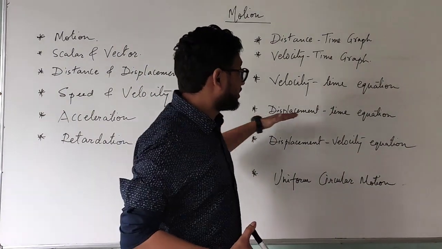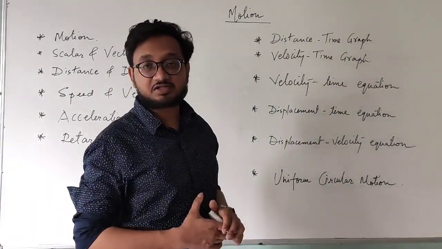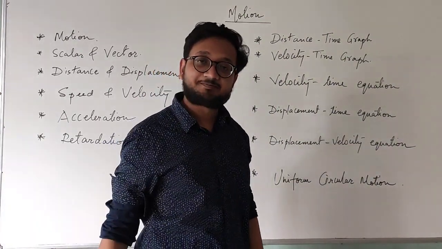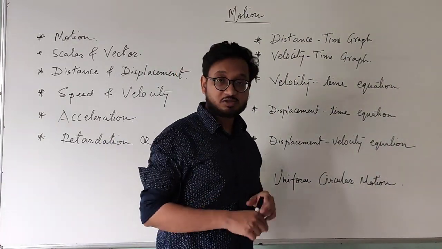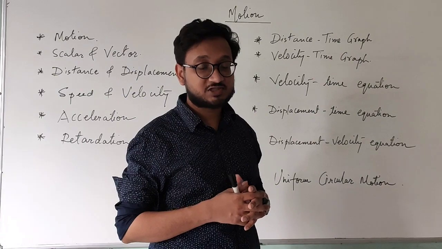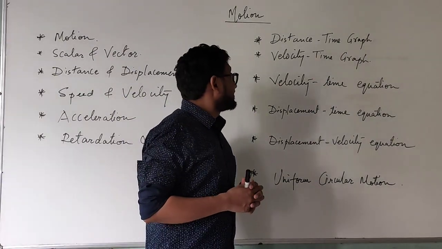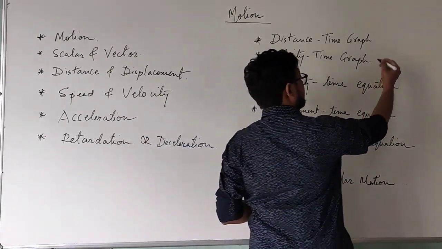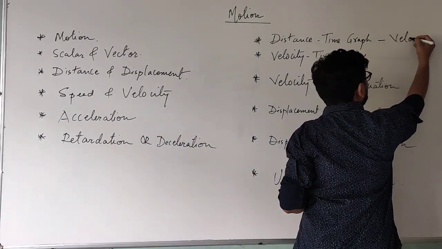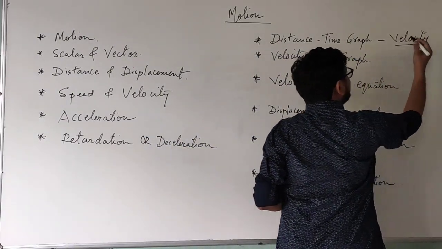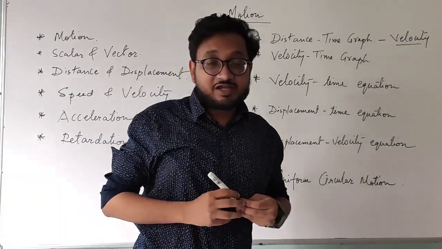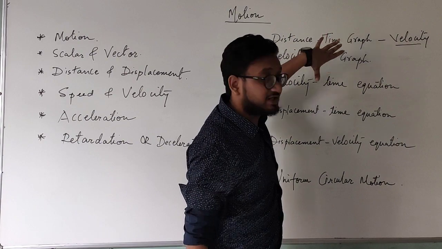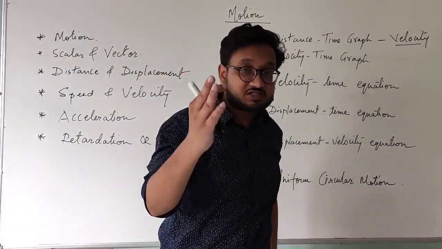If it is a curve, then it is an acceleration. Okay, and if it is a curve this way, then it is deceleration. Simple as that. You can go through all the graphs in detail that I have taught in the previous videos. Okay. In distance time graph, we can find the velocity. We can find velocity by taking any 2 points on the graph if the object is in uniform motion.